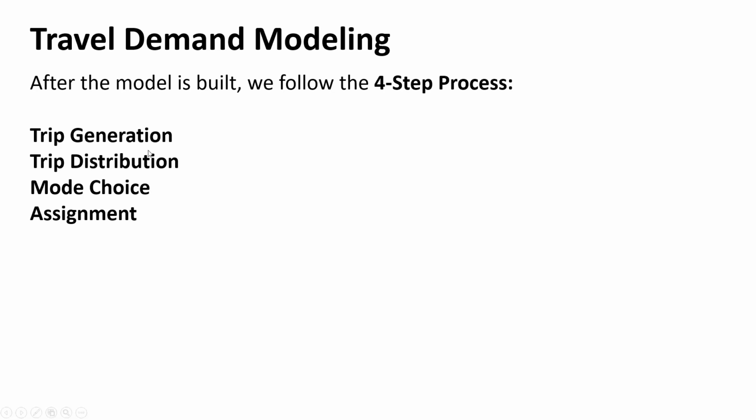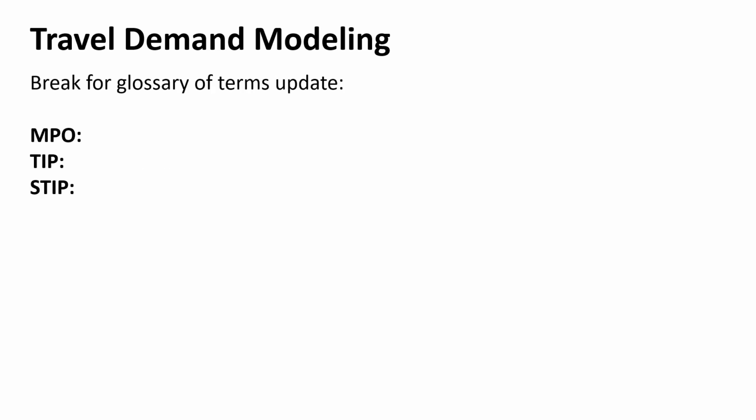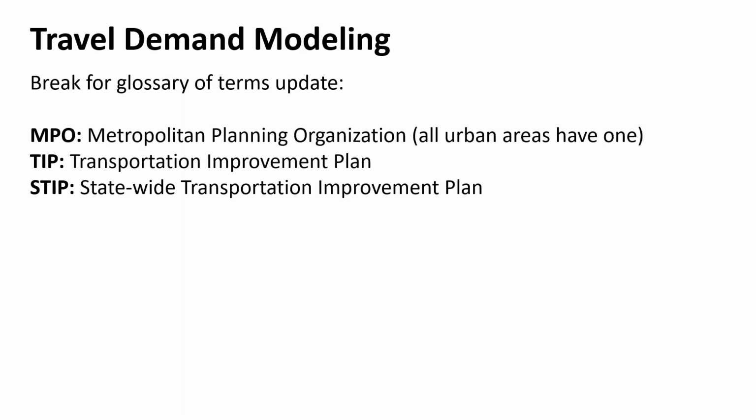And so we're going to dive more deeply into distribution and mode choice next, right? And then finally end up with assignment. And right now we're still kind of in generation: how many trips are being generated by type out of a certain zone? And as we move forward, we should understand some definitions, some glossary terms. So an MPO, that's our Metropolitan Planning Organization. These are the people who run the models almost everywhere.